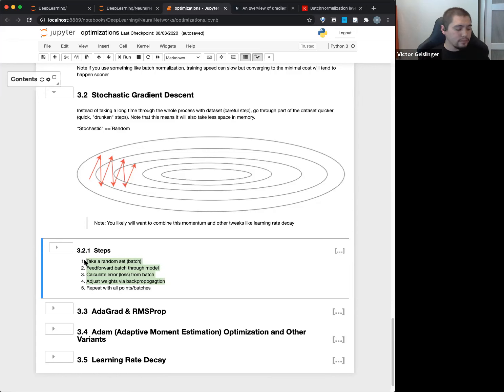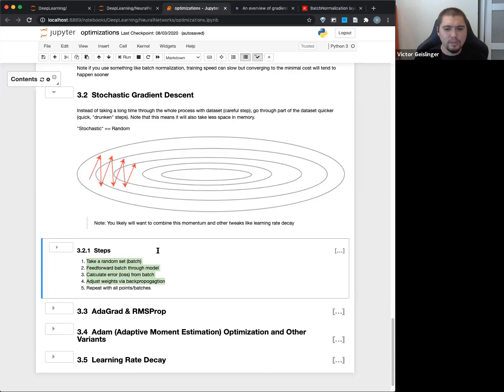Hopefully our data set in a lot of ways has a lot of repetition in it. There are a lot of repeated patterns in the data. Not each data point is special by itself, collectively it's a pattern, if that makes sense. So we can consider subsets and still go in the general direction, and it also means a lot faster. Instead of having each epoch take a very long time, you can calculate the steps faster. Hopefully that makes sense.